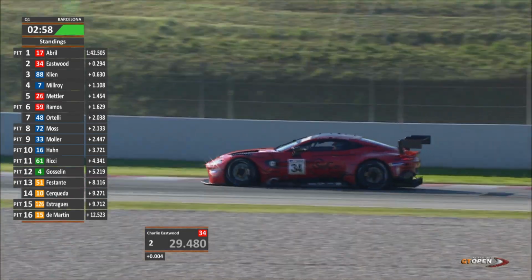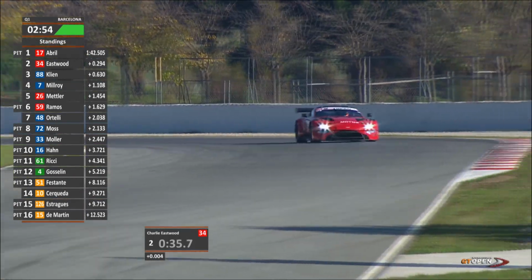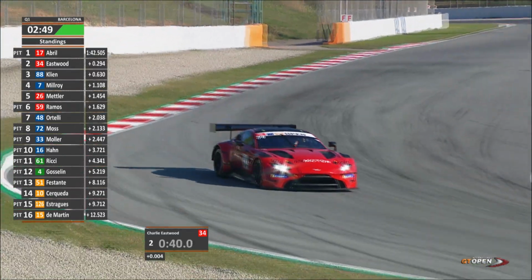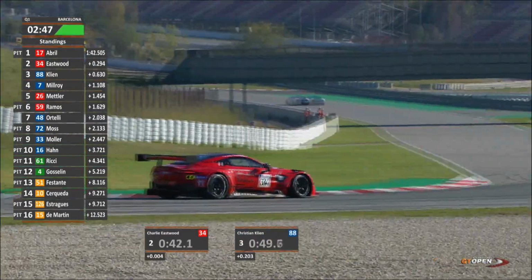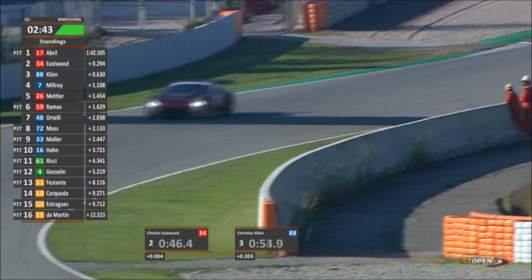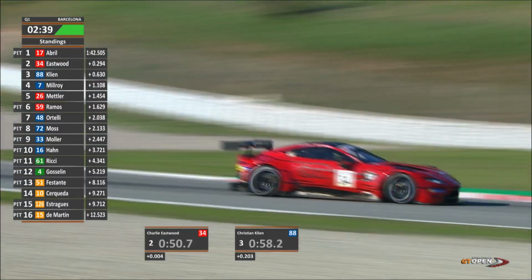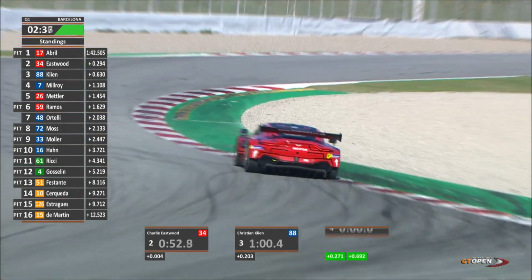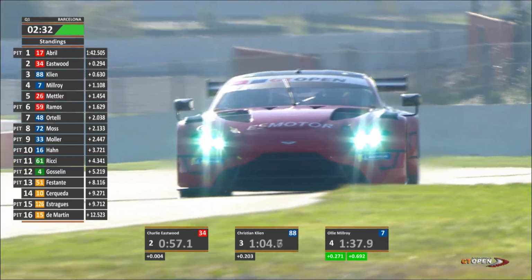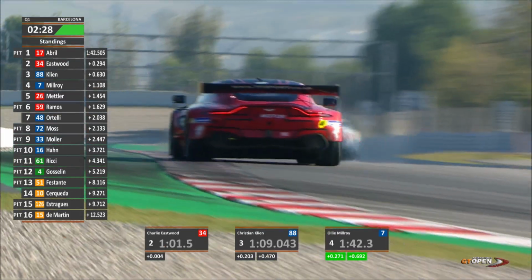Here's Eastwood coming through the 1st sector and almost level with his personal best. Here he comes now down into the downhill left-hand hairpin. Eastwood needs to find just under 0.3 of a second. Abriel isn't going to be going any further in this session. He's decided to call it a day. Unless he comes out of the pits now, he will not have time to go and do another lap. Eastwood's going to get 2 more, I'd say, as he comes now out of the